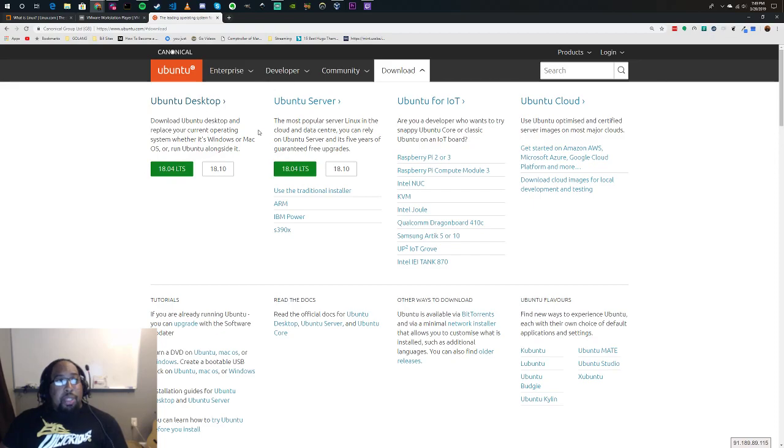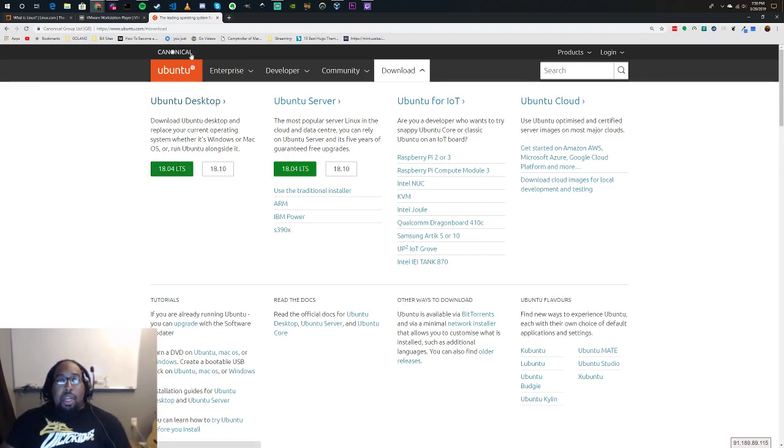So it gives you some options here. If you want to download it yourself, there's a big download button over here. We all know how to download stuff. Click the one you want. I would recommend doing the one that says LTS. LTS stands for long-term service, I believe, or long-term support, and what that just means is that the team at